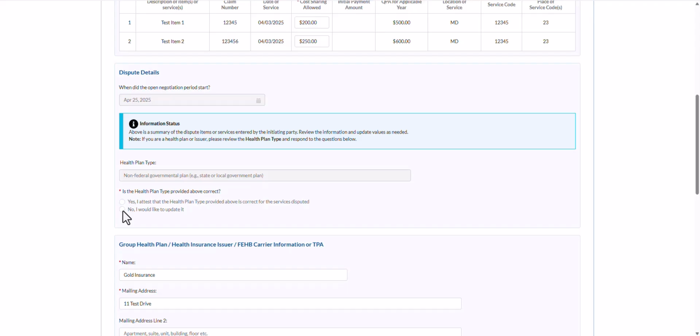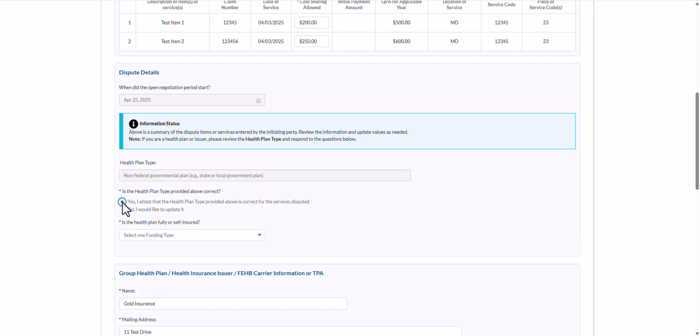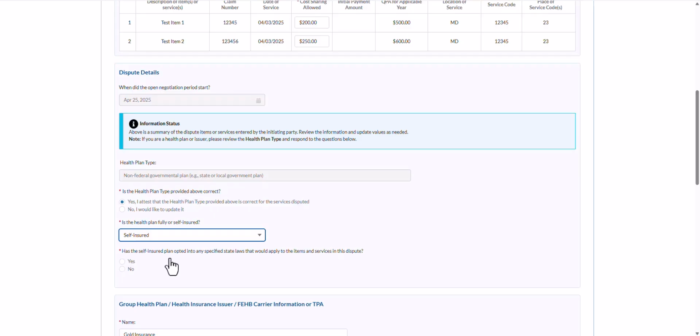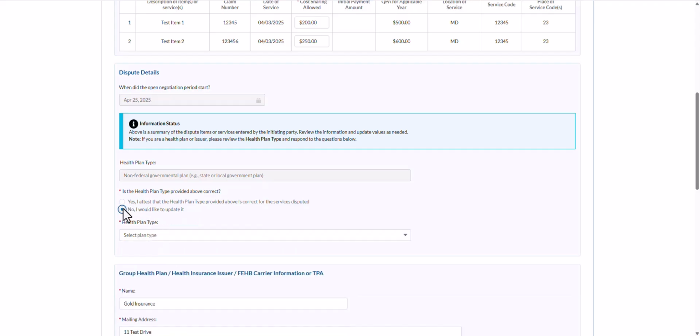Depending on your selections, there may be additional fields required to complete. For example, if I select Yes to attest that the non-federal governmental plan is correct, there is an additional question that appears asking if the health plan type is fully or self-insured. And if self-insured is selected, you must respond to the question, has the self-insured plan opted into any specified state laws that would apply to the items and services in the dispute? Select Yes or No. If you select No,